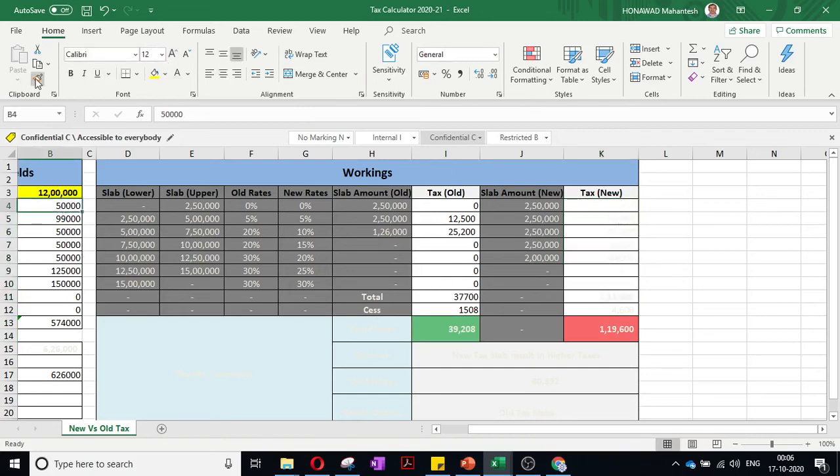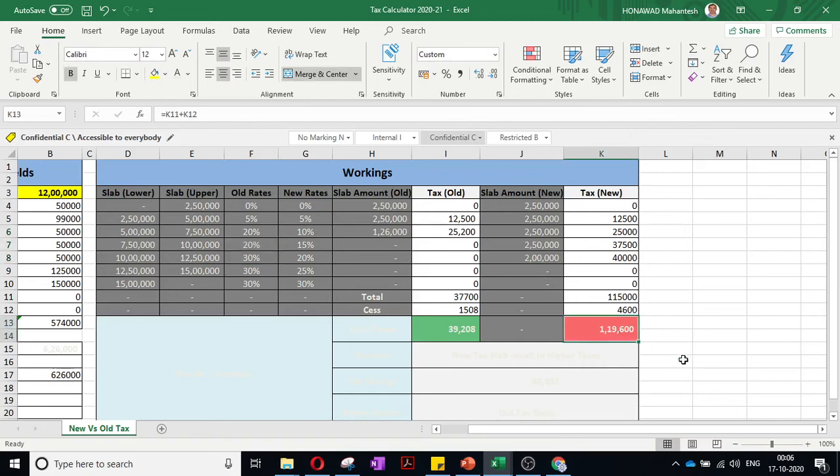It will just simply calculate on a flat percentage.